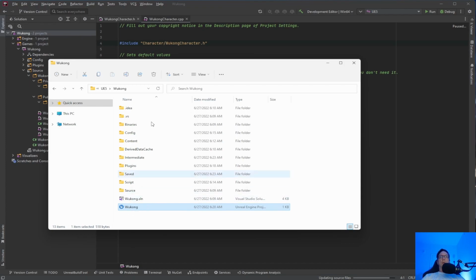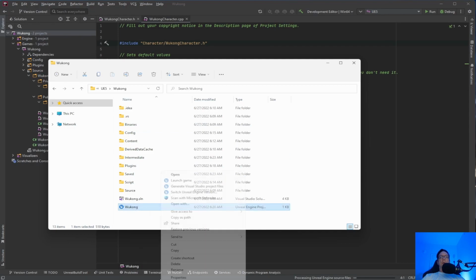Also, another thing is when you are having problems, sometimes when you click on a blueprint and you click on the details tab, it's just blank, just empty, and you can't get it back. Shut down a project, restart it, it just doesn't come back. So what you want to do is you can go in here to saved, click on that, click on intermediate and binaries. These three folders, saved, intermediate, and binaries, you can delete them, then right click, and then you can